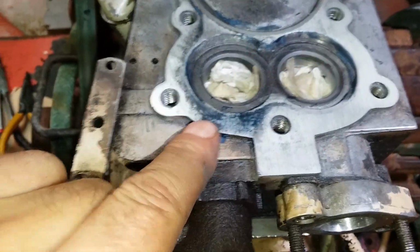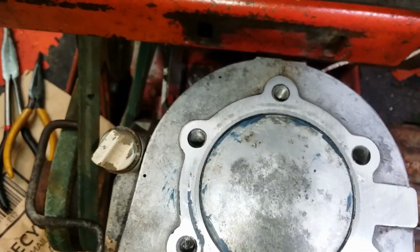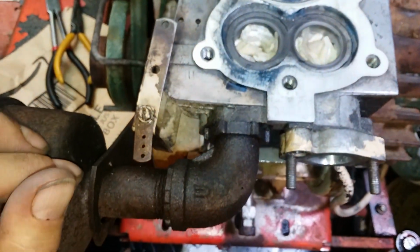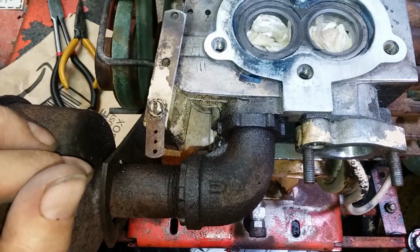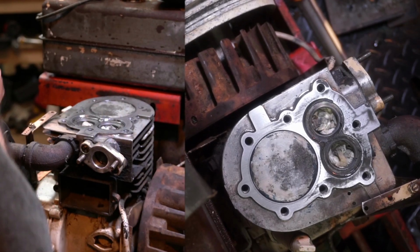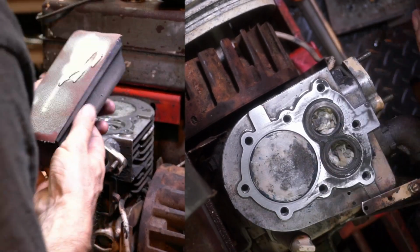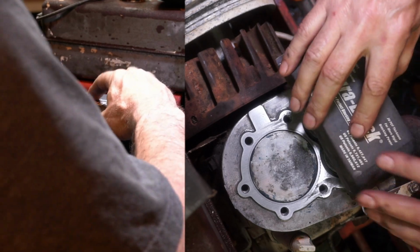See, still a lot of blue left here. You have all of that streaking going on. But we're almost there. It's going quick. All right, I'm almost done. I put a little lubricant on and clean it off with my solvent, a little gas or something. And you'll see it's